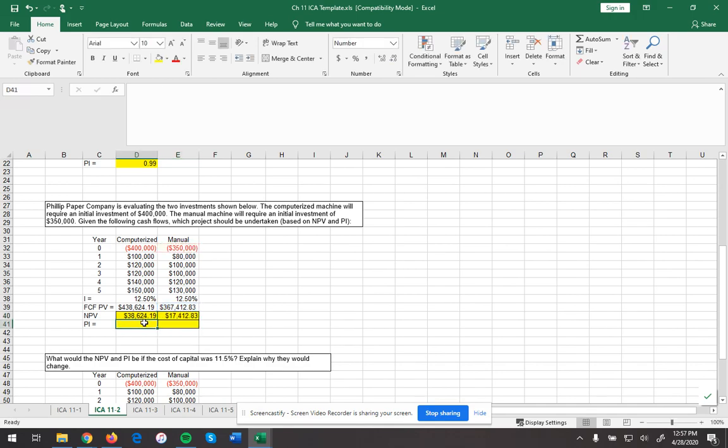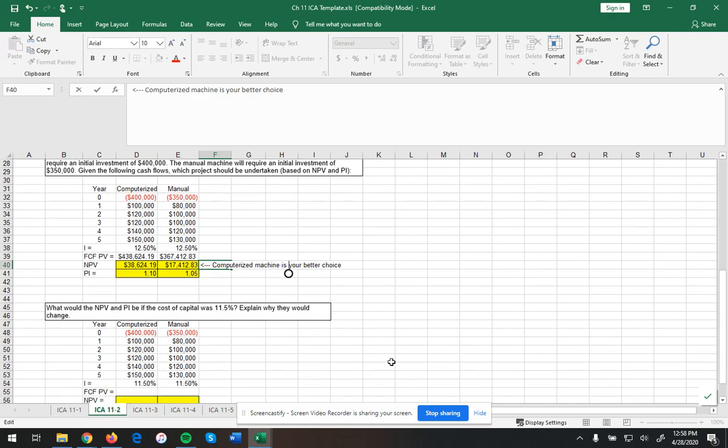And then we're going to look at profitability index. If you remember, profitability index is the future cash flows divided by the negative initial cost. As long as the initial cost is negative, then we want to put the negative sign in there. So we look at this and we notice, yes, based on NPV and profitability index, the computerized machine is your better choice. Okay? Now this question says, what if the